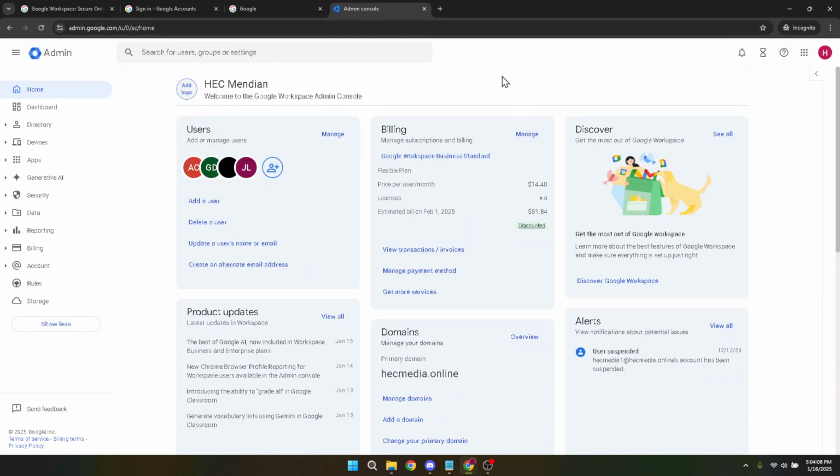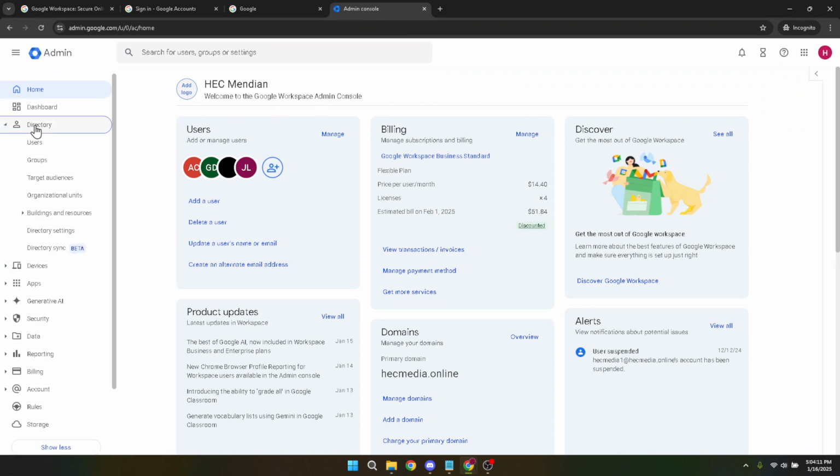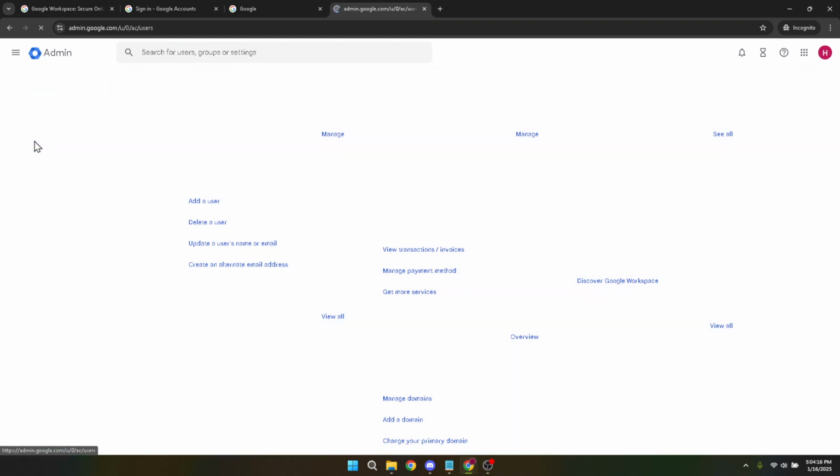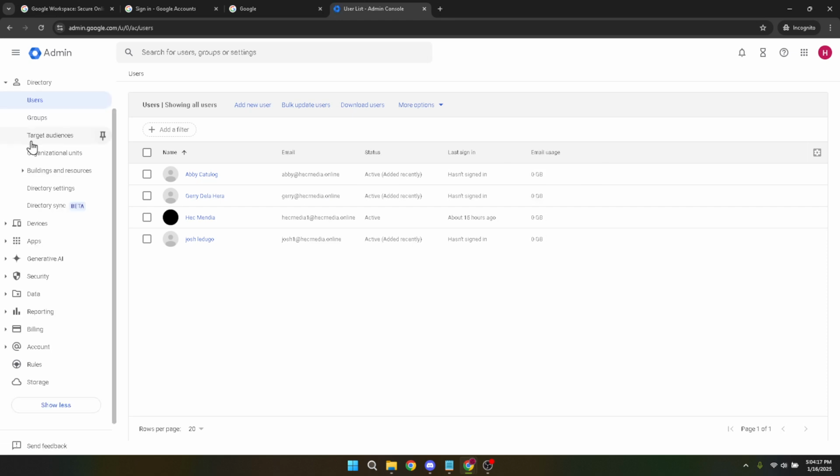Once you're on the dashboard, it's time to delve into the directory. The directory is your go-to spot for managing user accounts, and it provides valuable insights into your organization's structure. Select Directory to proceed. Following that, click on Users. The Users section is where you can view and manage each individual user account within your organization. It's an important area for administering roles and access levels.